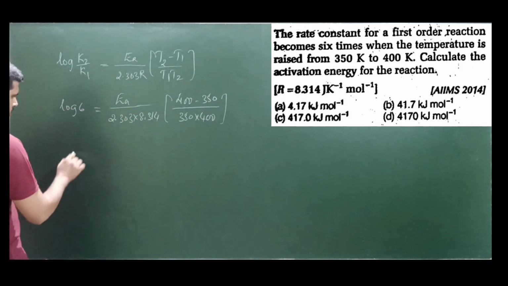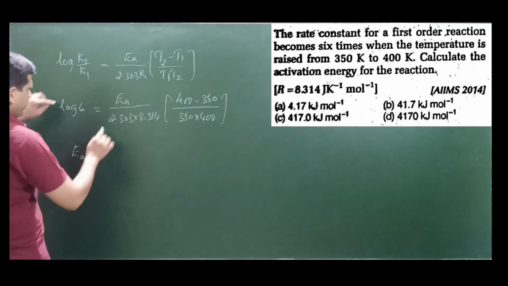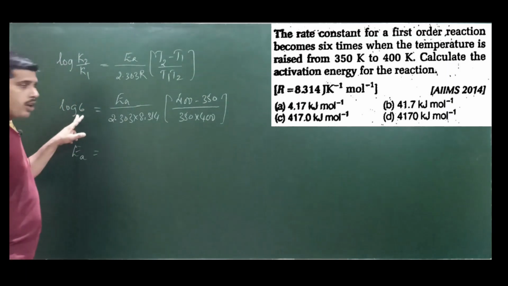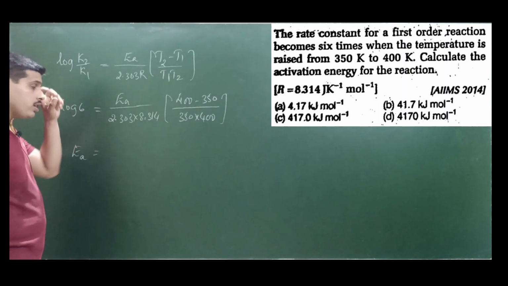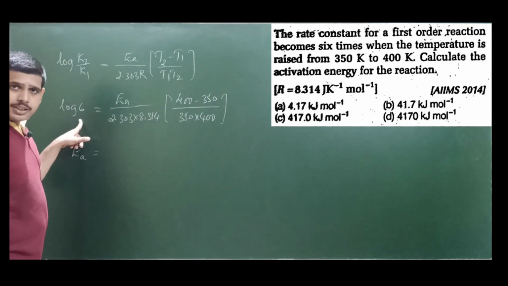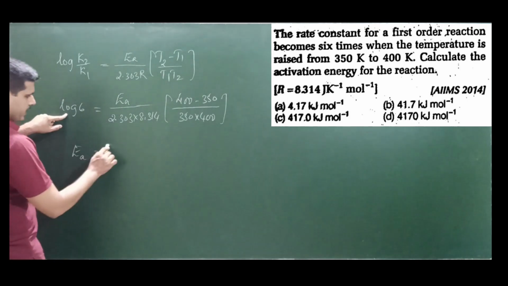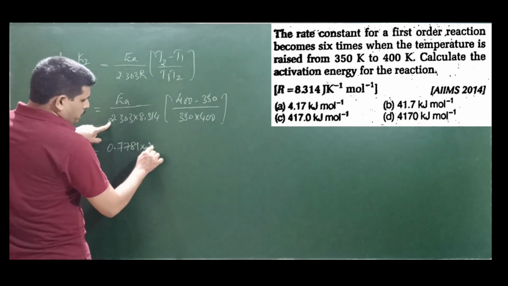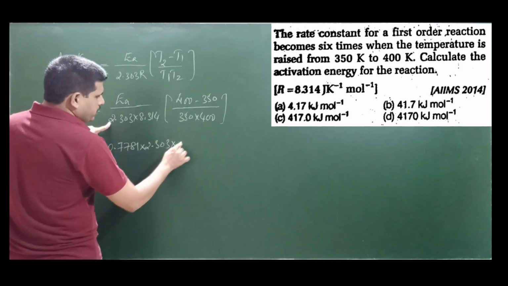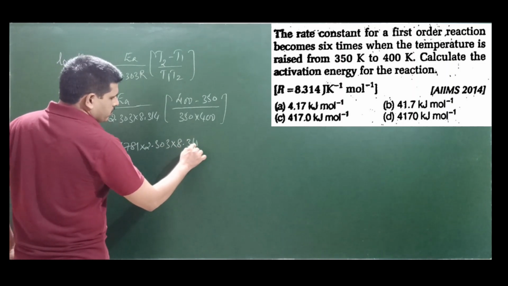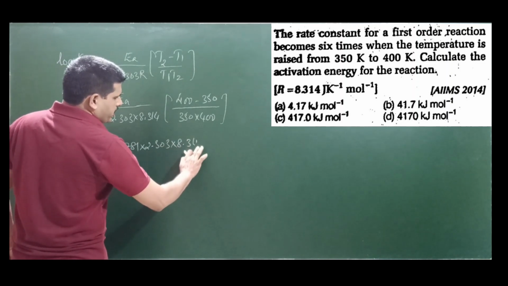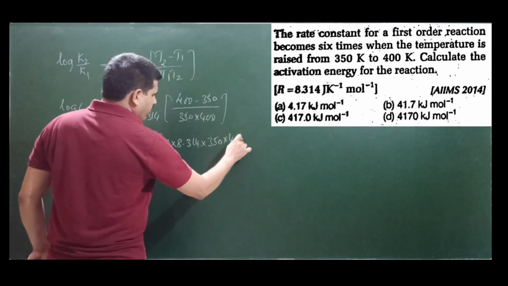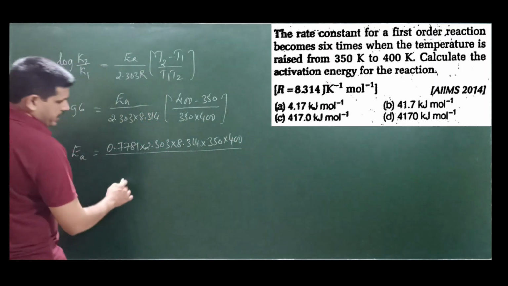So what is the activation energy? Activation energy Ea is equal to, see, the log 6 value is to be known. You should know the value. You can split log 6 into log 2 plus log 3, or if you know directly, it's easy. The log 6 value is 0.7781. So I'll write 0.7781 into 2.303 into 8.314 into 350 into 400, whole divided by